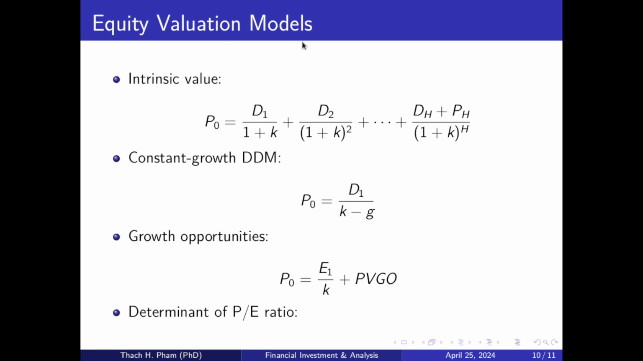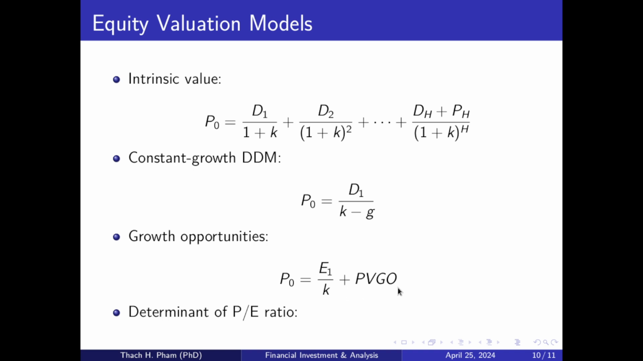For the equity valuation models, we have the general formula to determine the intrinsic value. That means P0 equals the discounting of all of the dividends in different periods to time 0. And for the constant growth model, we have P0 equal to the dividend in period 1 divided by k minus g. For the growth opportunities, we have the formula P0 equals E1, the earnings in period 1, divided by k,